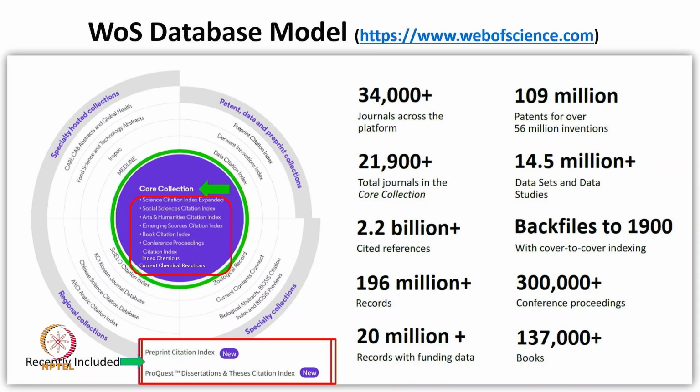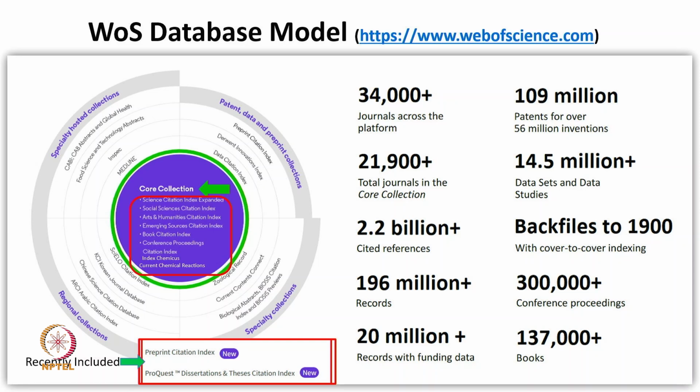So earlier we have learned about Scopus and now we will learn about Web of Science, an abstracting and citation database that helps in data extracting and collection. The Web of Science database can be searched from www.webofscience.com, and its database has the core collection, Science Citation Index Expanded, Social Science Citation Index, Arts and Humanities Citation Index,